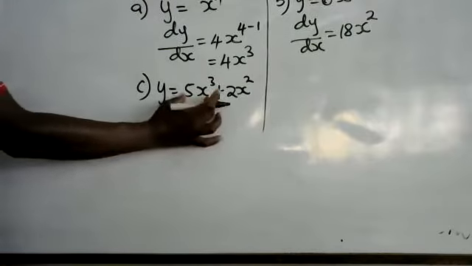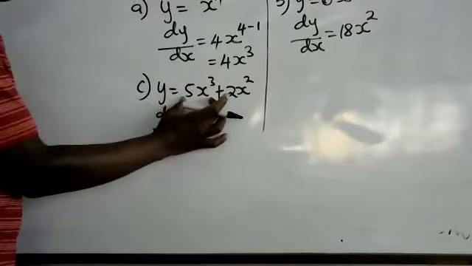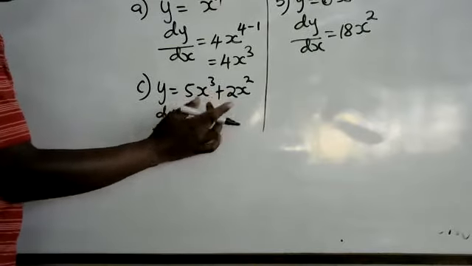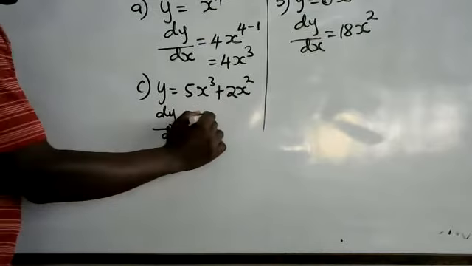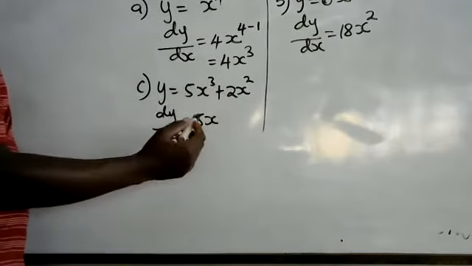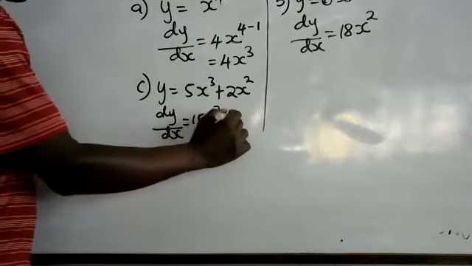You differentiate each function separately. So you differentiate this part first, 5x power 3. 3 will multiply 5 to be 15x, and then the power of x, which is 3, will reduce by 1 to be 2, plus